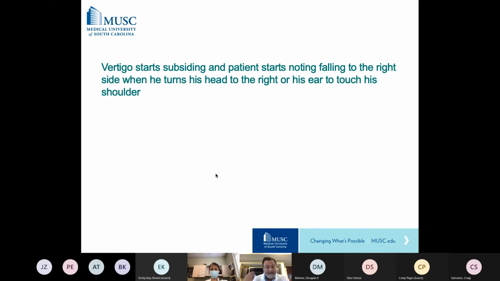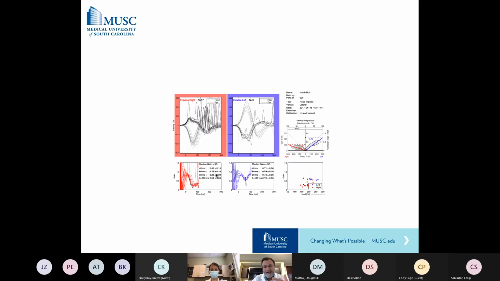And it feels like your head is dropping off. And that's exactly what a saccular or utricular dysfunction would feel like. That's exactly what a Tumarkin crisis of Meniere's disease would feel like. So as the vertigo started subsiding and static compensation started to occur, the imbalance became more pronounced, and the video